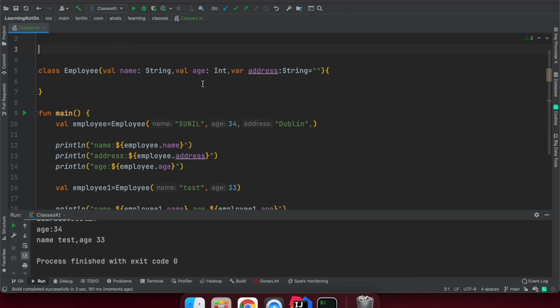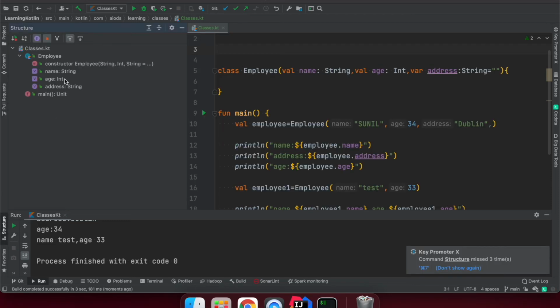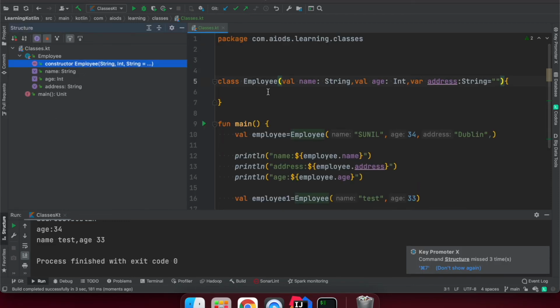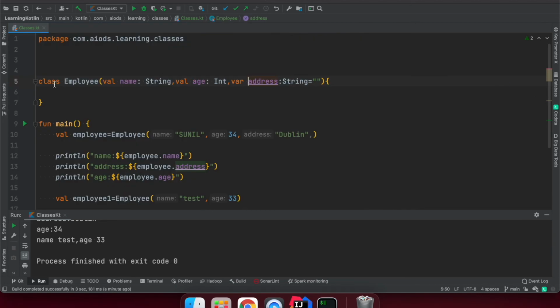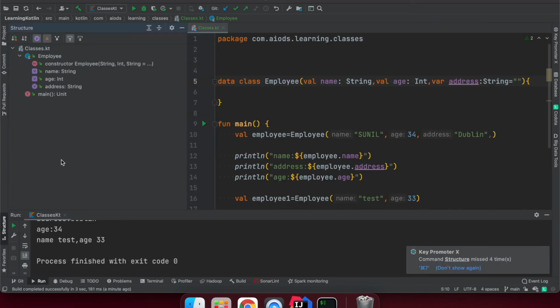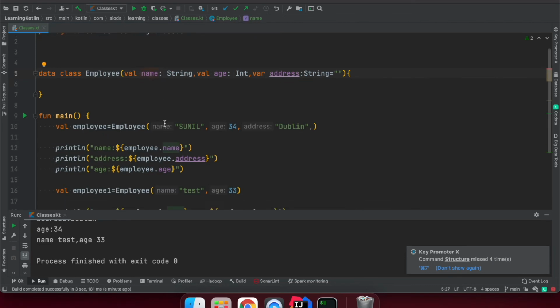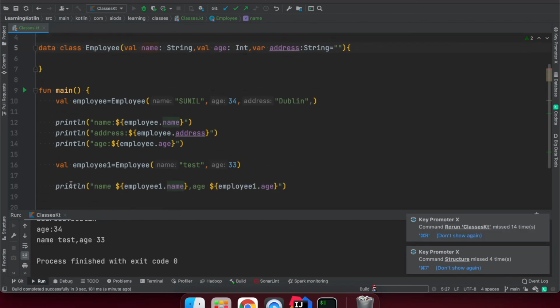So this is related to the constructor, and in Kotlin we also have one good thing, right? We have data classes. So if we see the structure of this project, we have all these constructors, right? We have not created a constructor, but we can still see the constructor, setter, getter for us. So everything is visible to us, right? In Kotlin we have data classes. So if we create this as a data class, we don't need to create hashCode and equals methods, it is automatically going to create them for us. All right, so with the data class we don't need to write a setter, and it's going to run the same thing. So let me run it.